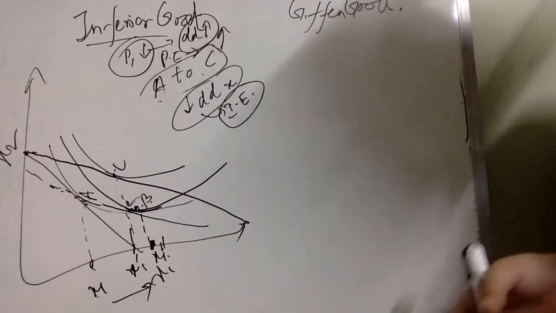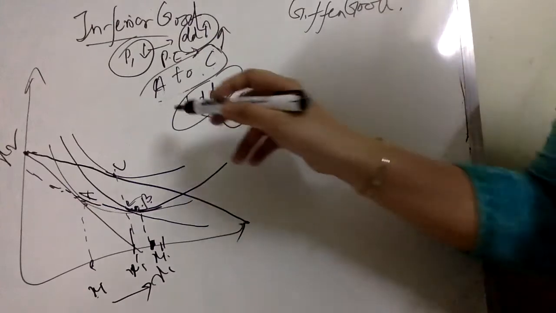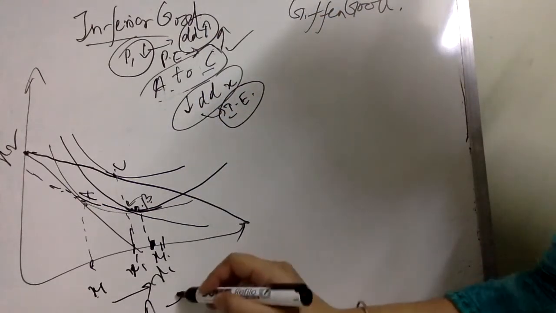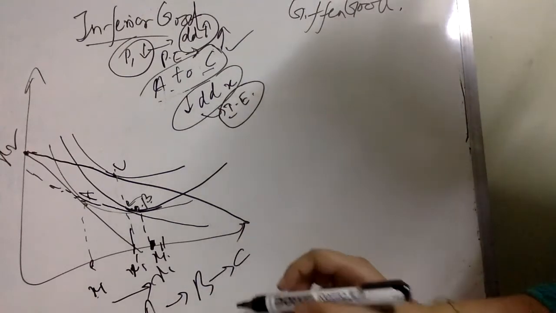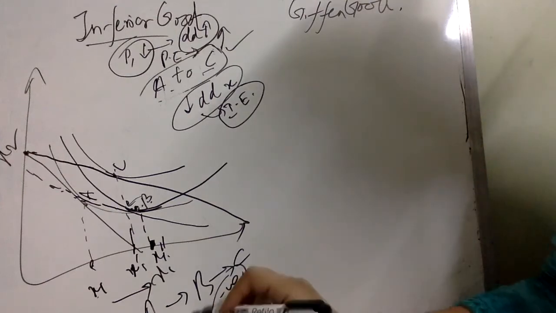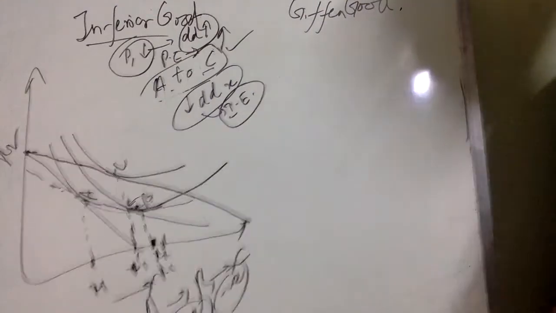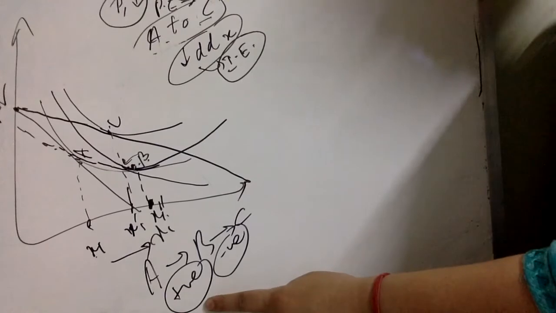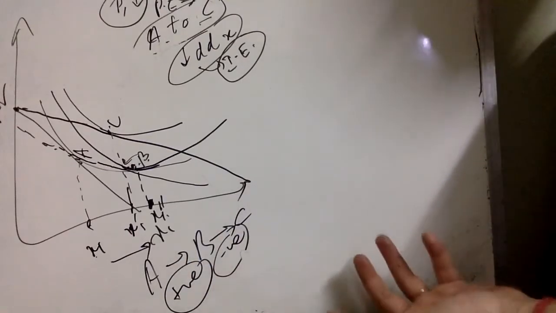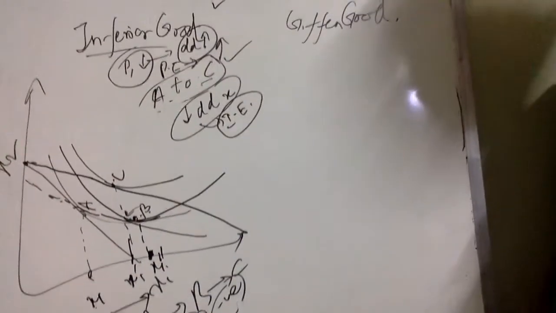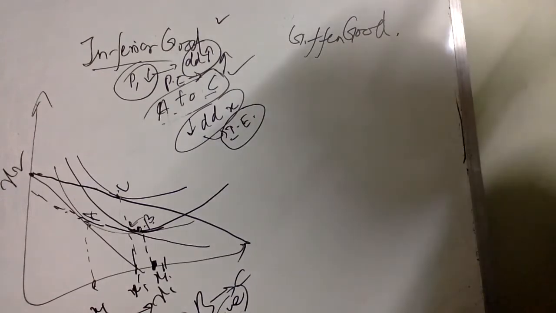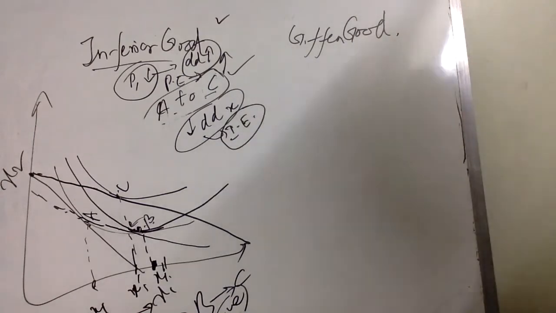But ultimately the overall effect from point A to C is a positive effect. So A to B, then to point C. Even though there is a negative effect, the magnitude of the positive effect is much larger, and as a result the overall effect is positive, which means the inverse relationship, the usual law of demand, will hold for an inferior good. As the price has fallen, the demand will ultimately rise for an inferior good.